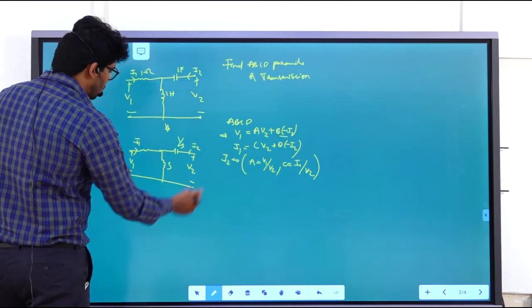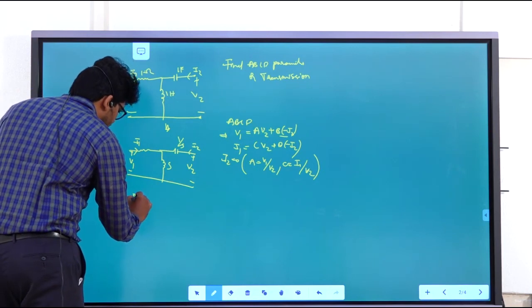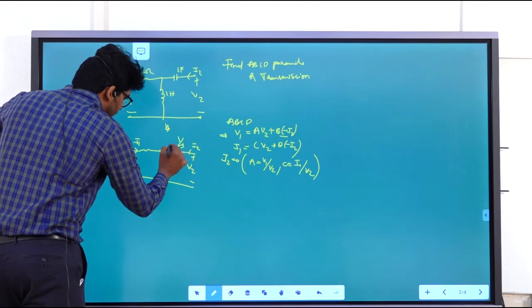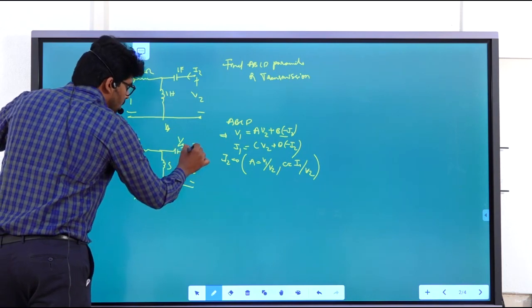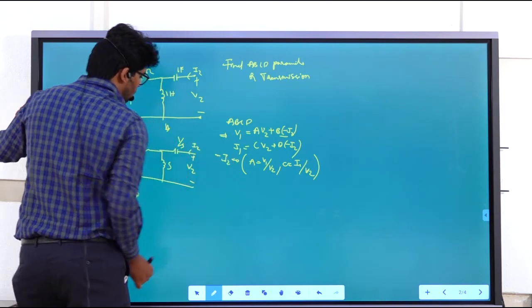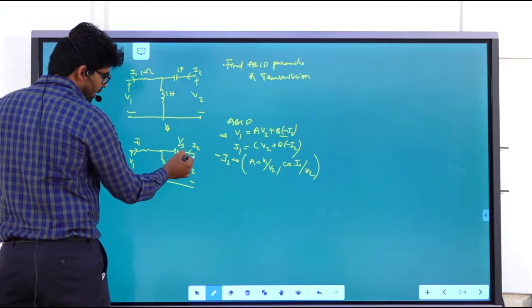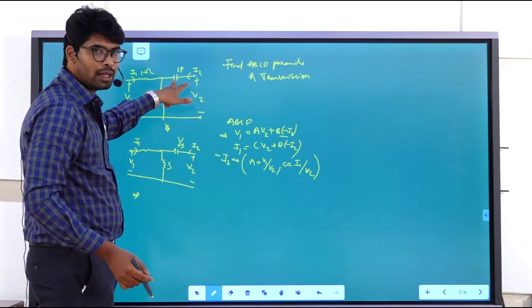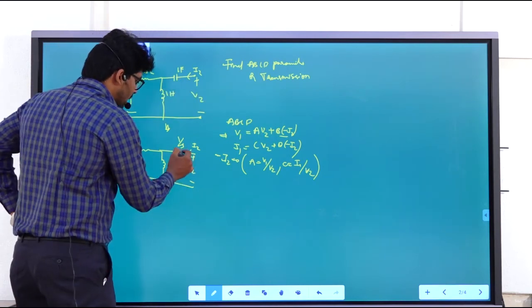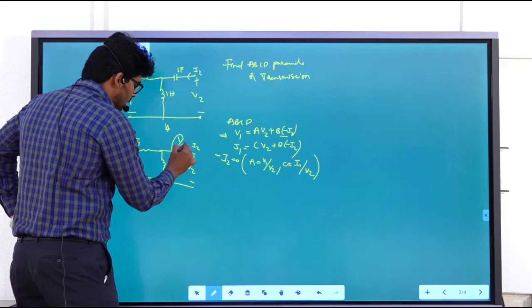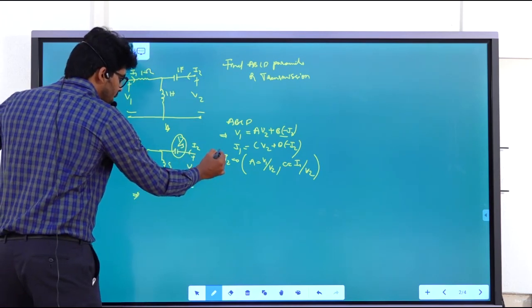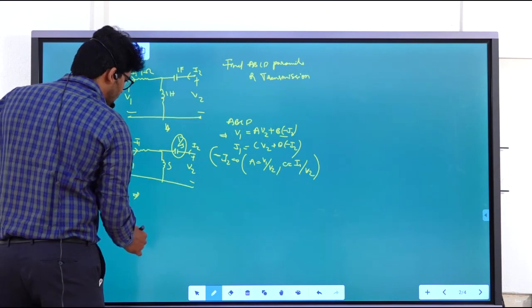So if you make I2 equal to 0, what happens here? The circuit will be configured as this, with I2 equal to 0. If you make minus I2 equal to 0, that means whatever the direction is inwards, but to find the ABCD parameters, we assume the direction is outward. Whatever the direction, there is no voltage developed here. So for I2 equal to 0, the circuit will be turned like this.